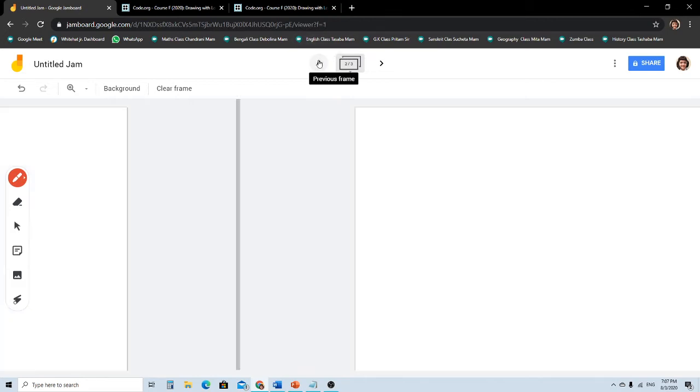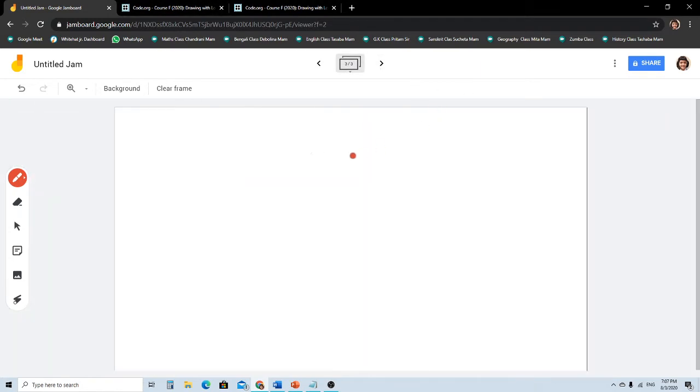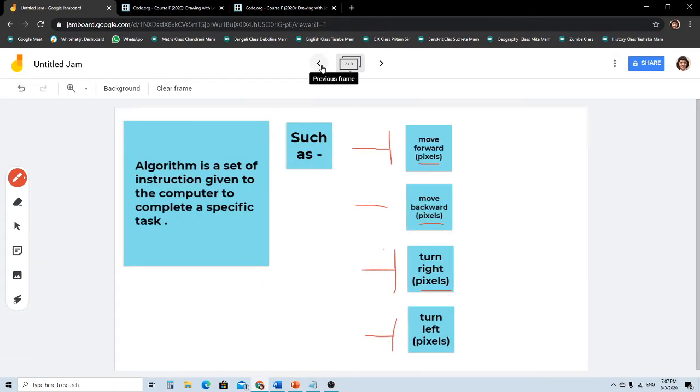Now when we go to our original activities, we will see that in the pixels place we can adjust the pixels. Now how? It can be 100 pixels, it can be 20 pixels, it can be 90 pixels, any number. If you put 90, it will come up to a certain place. If you put 100, it will come up to a certain place. It will walk only 100 pixels. It will not go to 102 pixels.